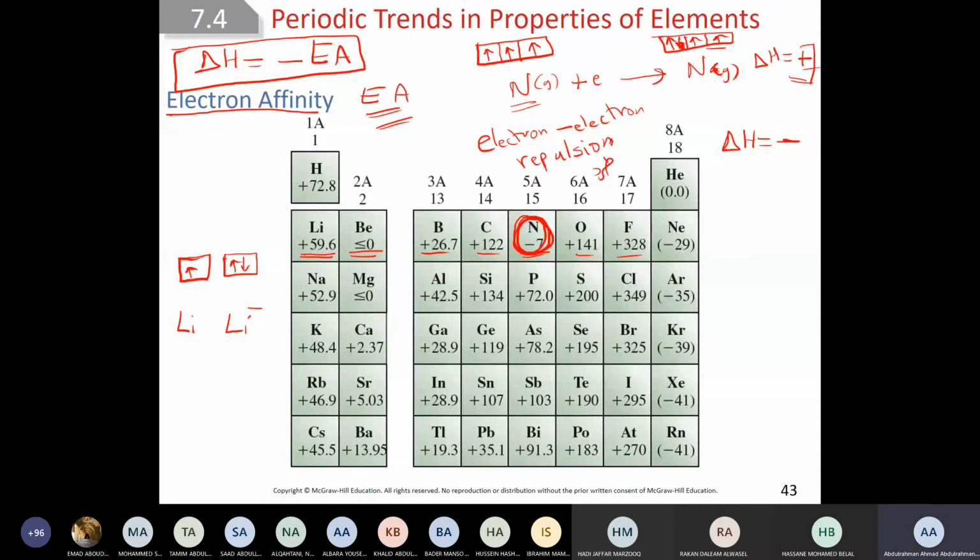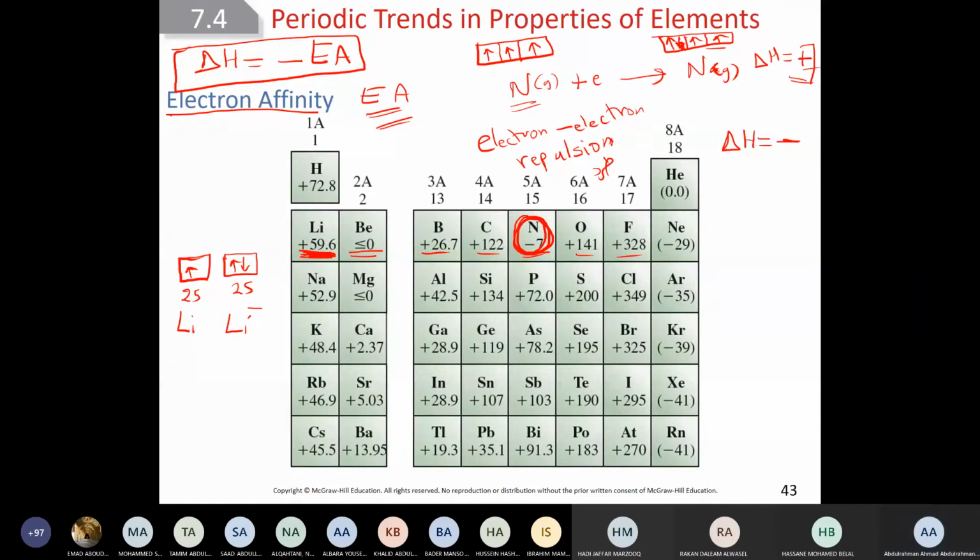I care about only the valence electron. Lithium was 2s1. When we make lithium minus, it becomes 2s2, and we put 2 electrons. What will happen to these 2 electrons? Repulsion. That's very strong repulsion, and that's why delta H is